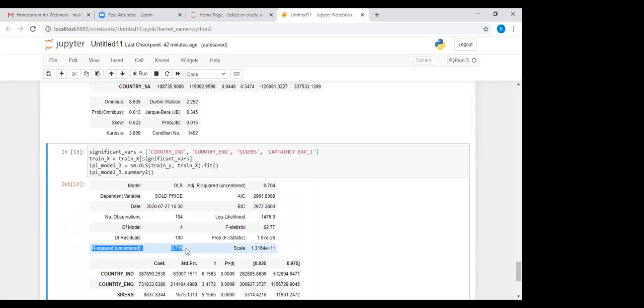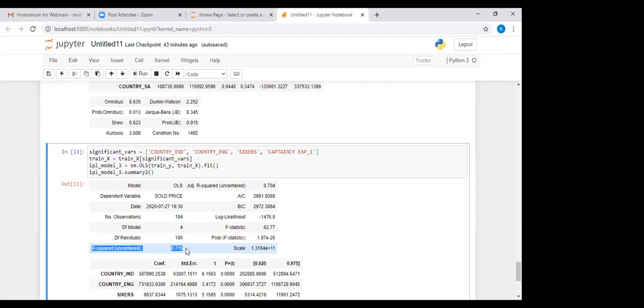See the R-square value. Okay, it means that 71% of the variance in sold price can be explained by the model. So 71% of the variation in sold price can be explained by the independent variables of the model.